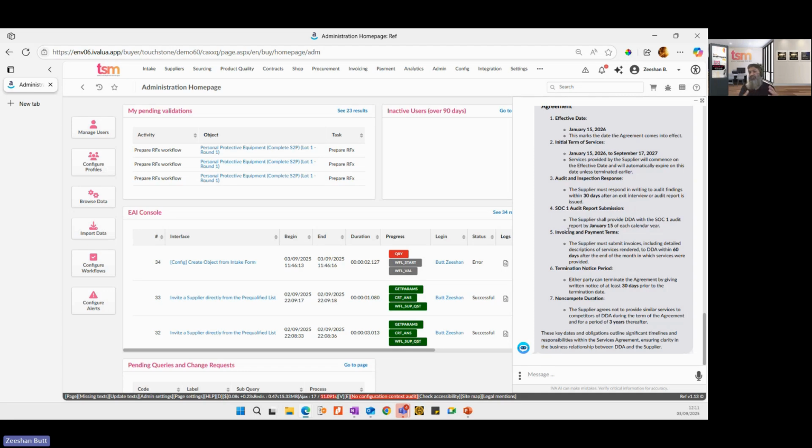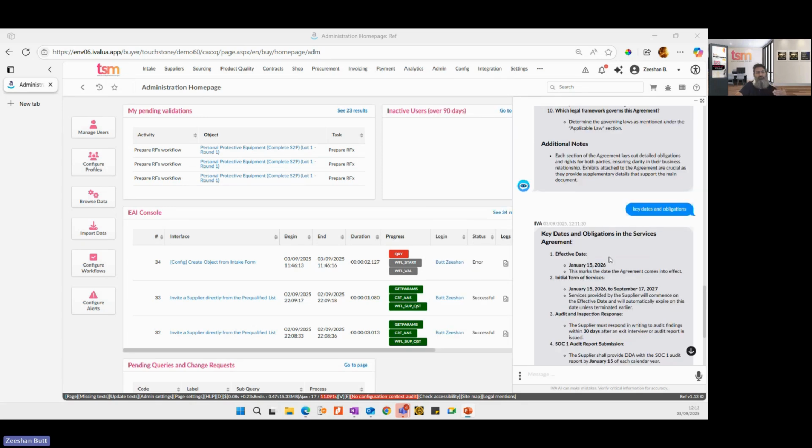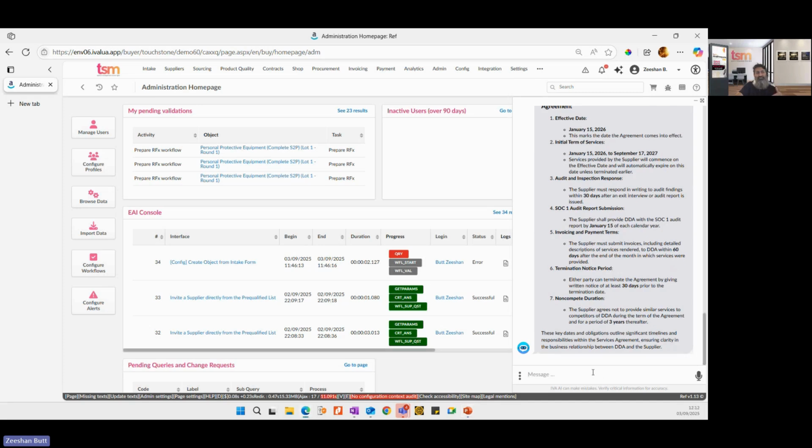So that's another use case you can use on the chat functionality. And there are other things that you can do. You can start chatting further. We can also create bespoke use cases. So for example, on a contract, I can ask Eva to fill in a certain field for me,